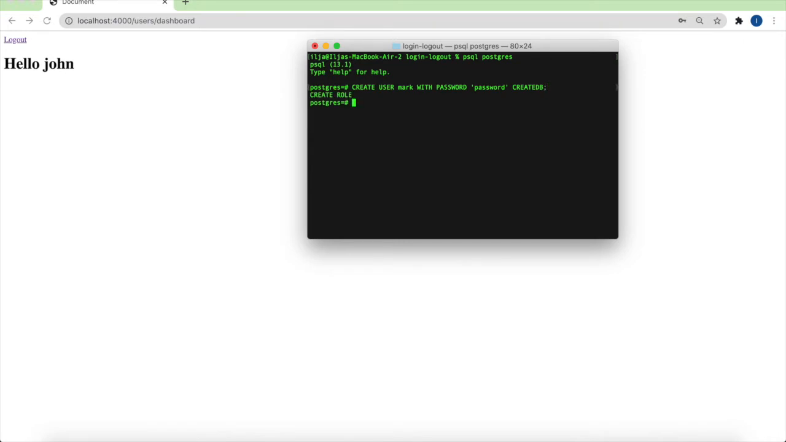Now let's disconnect from our existing user and connect to Postgres as Mark. So the command will be psql -U Mark -d Postgres. Okay, now we are connected to Postgres as Mark, but we need a special database for our application, and let's